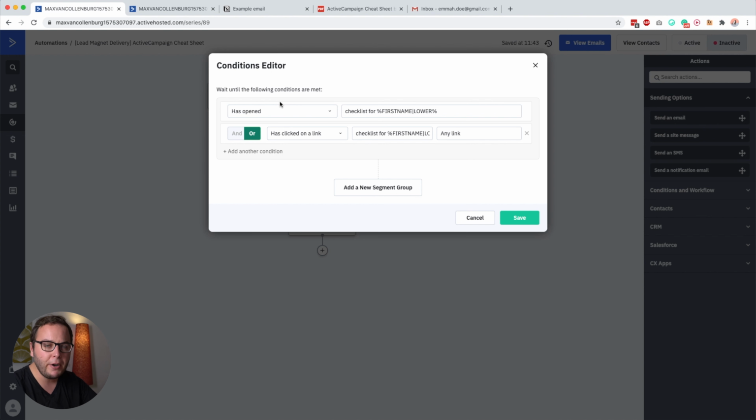Now, why do we check both? That's because ActiveCampaign cannot always track if someone is opening an email, because they basically add a little pixel to the email, which is an image. So some providers block images and then the pixel will not load. But if we also check if someone clicked a link inside an email, then we can be pretty sure if someone opened it or not, or at least interacted with it. So you want to set this to or and not to and, because if you would set it to and, then it could not track if the email was opened, but it could track that the link was clicked, then it will not work, because both of these conditions then have to be met. So you set it to or.